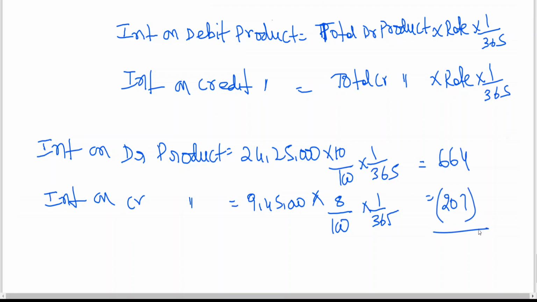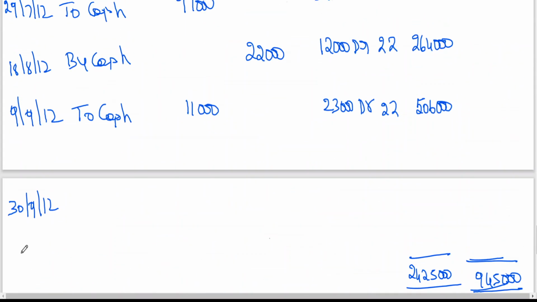Which product is showing more? Debit interest is showing more, 457. Credit interest is more or debit interest is more? Debit interest is more. When debit interest is more, I am writing the interest in the debit column, 457. So now it has become 23,000 plus 457, 23,457 including interest. Got it, all of you? Including interest. This is how you have to work out the problem.